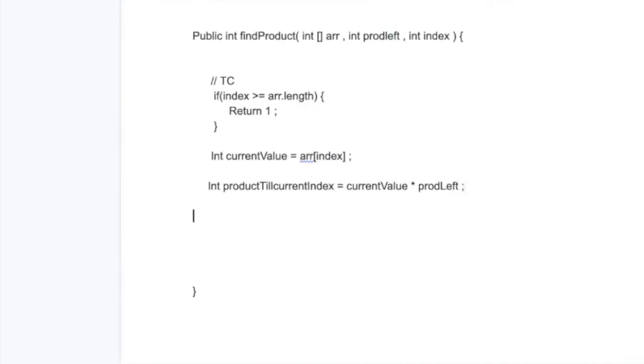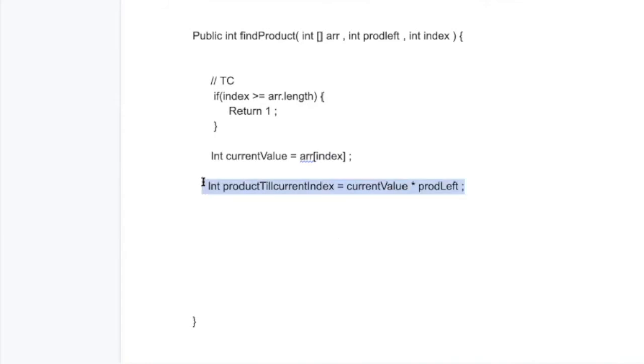Now, for a given current index, I know the value of the product left. I know the value of the product till the current position. I'm now interested in the product of the elements on the right-hand side of the index. So far so good. This line is clear, guys?